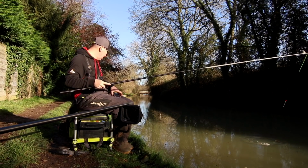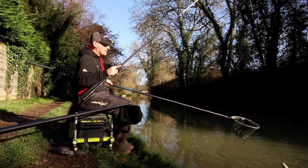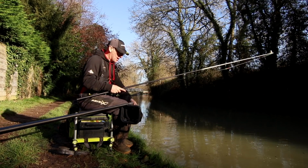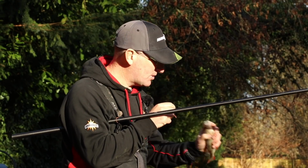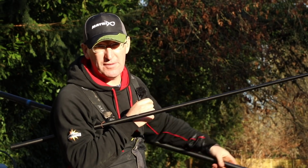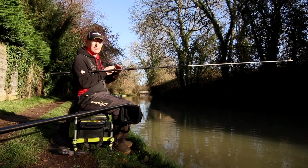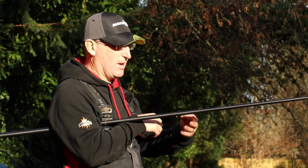A nice big heavy bulk. One dropper is often all you need. And it just bosses the rig and gets it straight down and gets you straight in touch with a fish. Even if the swim's quite shallow, you can catch on a bolognese rig. The Thames is a perfect example. It's absolutely infested with bleak and little chublets up in the water, so you've got to bosh it through. You want a real heavy 2-3 gram bolo rig to bosh it straight down to